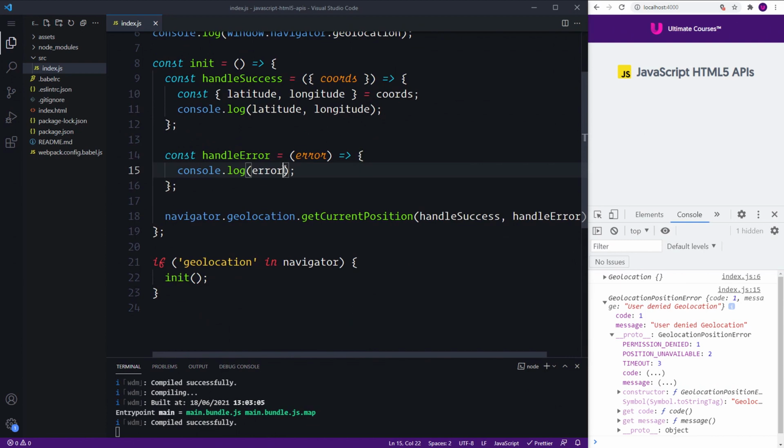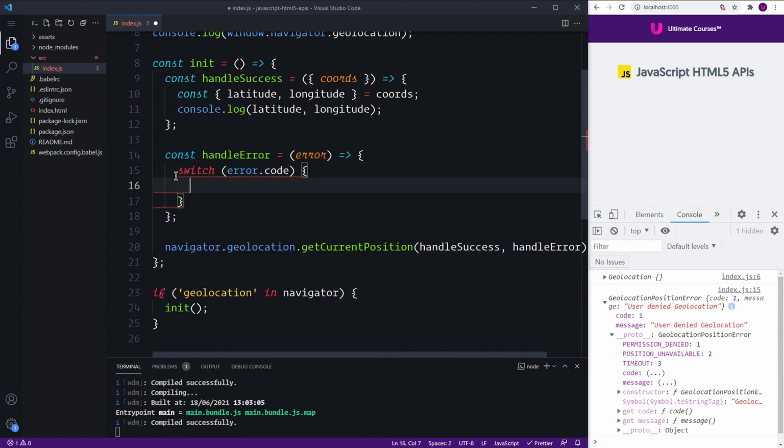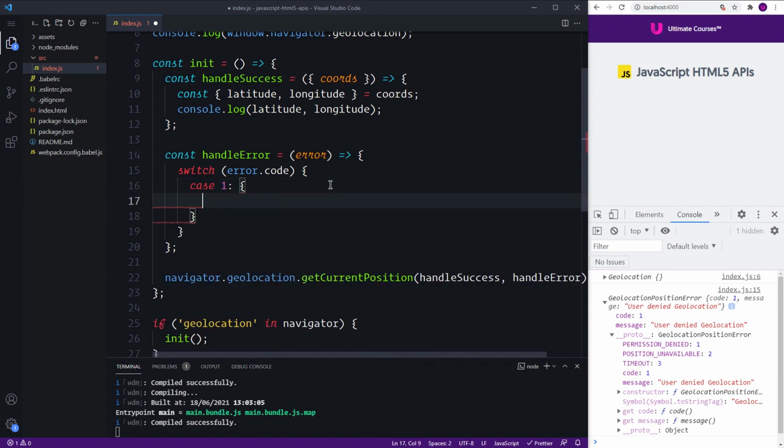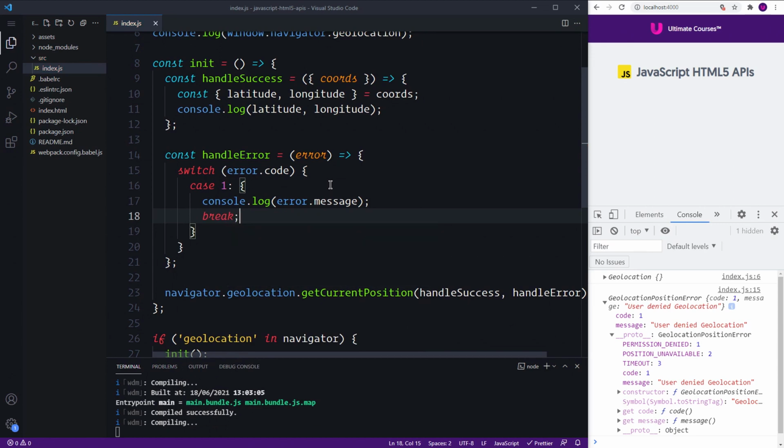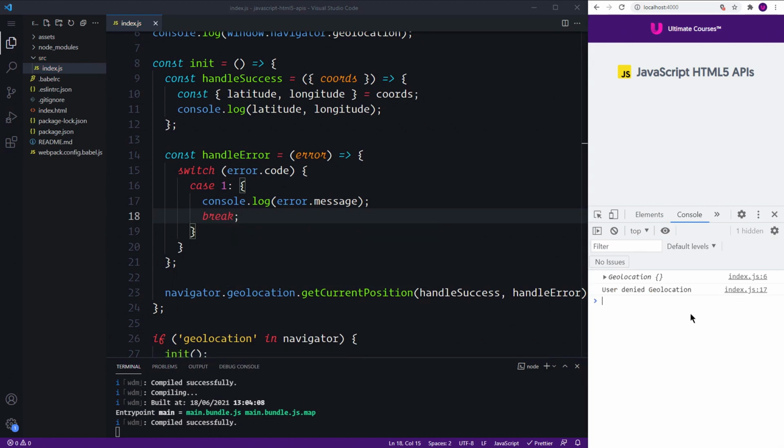Now what this will allow us to do is essentially use this error.code to then detect what kind of error it is. So if it is an error code of 1, we could go and look up the fact that it is in fact a position denied. So what this will allow us to do is do something like this, where we create a switch statement with the error code. So we want to take the error code, which is going to be 1, 2, or 3. Of course, we have the message in here as well. So what we can say is when there is a case of 1, we know that this is in fact the permission denied. So we can say console.log the error.message. We can then break our switch, we can hit save, and you can see that we have this user denied